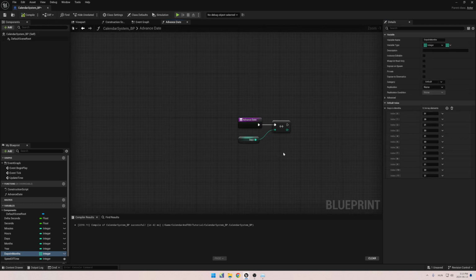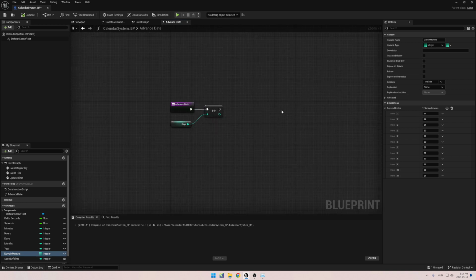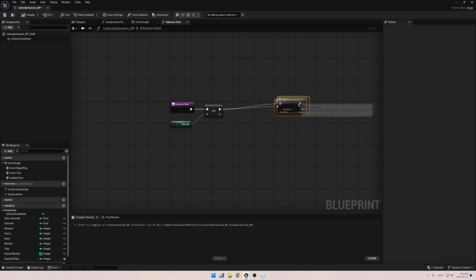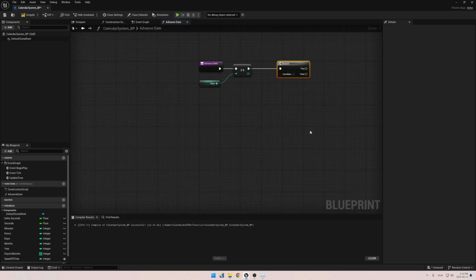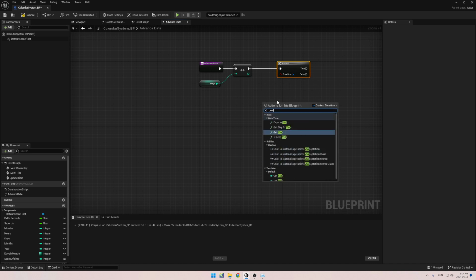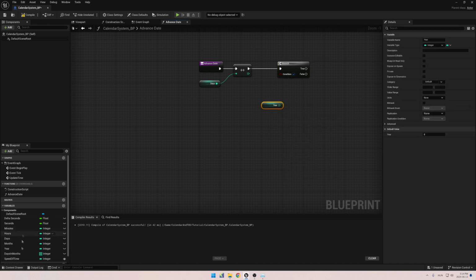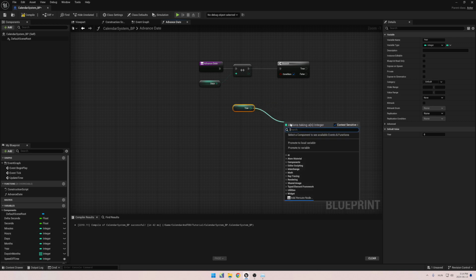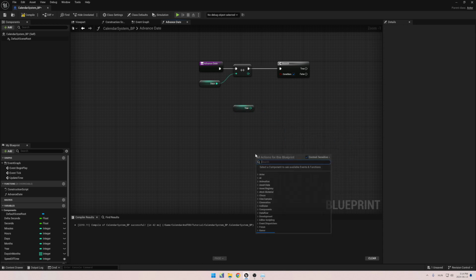And here comes the actual logic. After we have updated the days, my bad, I'm actually gonna create a branch here. And based on what year it is, we are gonna act differently. So one thing I wanna check is if we're gonna get our year from here, and we are gonna do a division like that, and remainder,